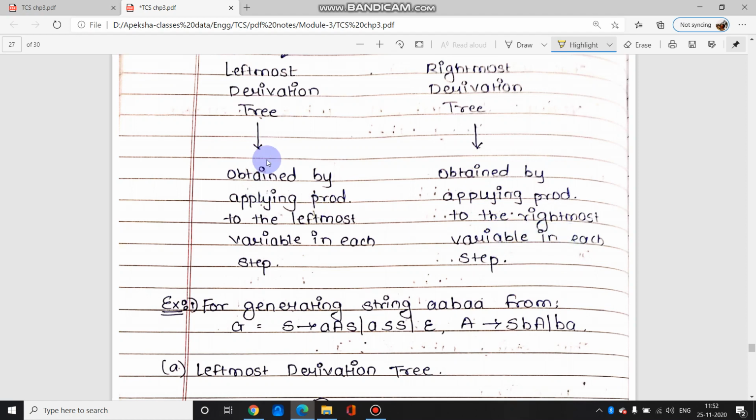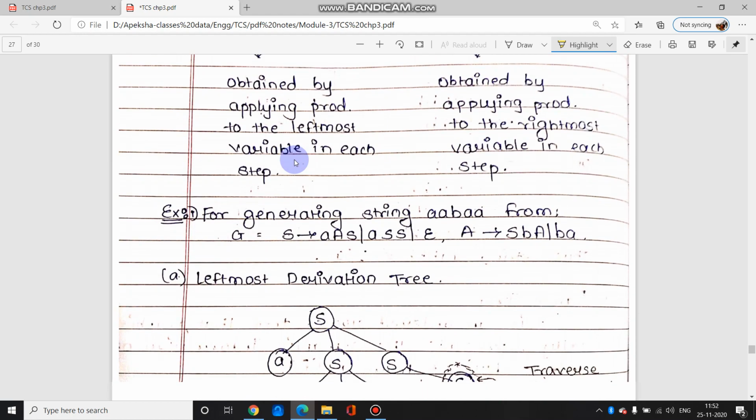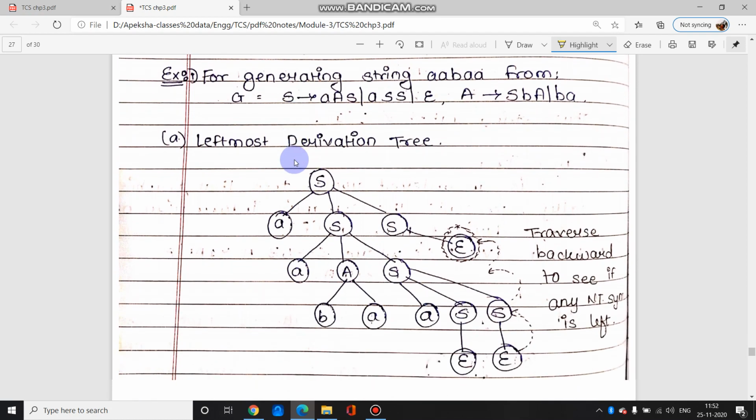यानी सिंपल है, अगर लेफ्ट साइड का डेरिवेशन है तो आप हमेशा सी these are the two nodes right now, but since this is the terminal symbol you cannot expand it. ये non terminal है, इसके लिए आपको expand करना पड़ेगा. Similarly यहाँ पे if we consider this is not in consideration. ये दोनों में से अभी लेफ्ट डेरिवेशन करना है तो सबसे पहले इसका एक्सपांशन होगा, राइट डेरिवेशन के हिसाब से करते हैं तो सबसे पहले इसका एक्सपांशन होगा. सो दैट इज द ओनली डिफरेंस. सो लेट अस सी दैट विद एन एग्जांपल.